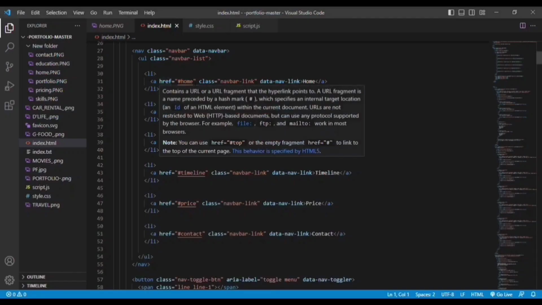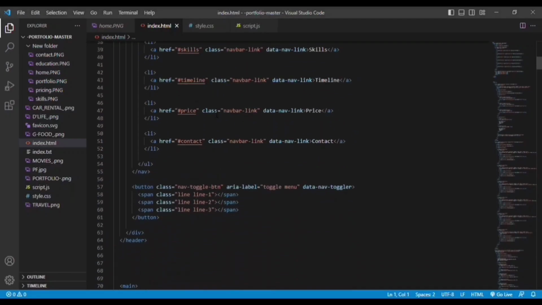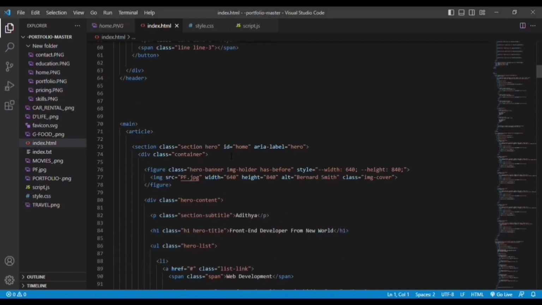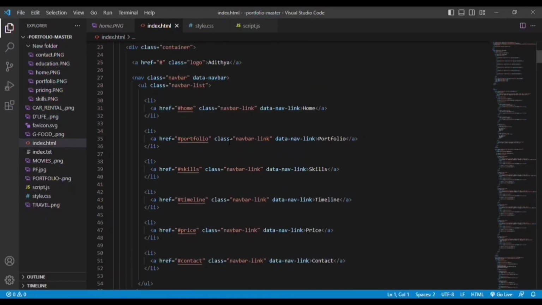This href is nothing but, whenever you click on the home button, it will move to the section with the id home. You can see here, for the section we have the id as home, so it will move to this particular section whenever you click on this anchor tag. In a similar way we have taken portfolio, skills, timeline, price, and contact